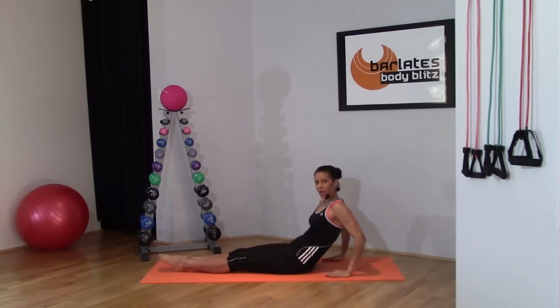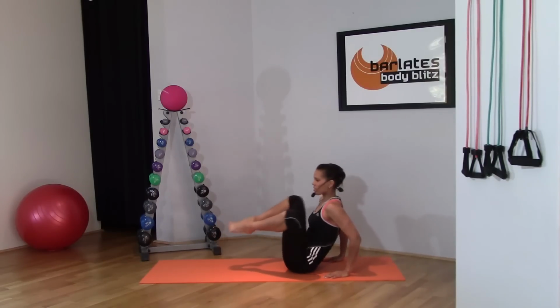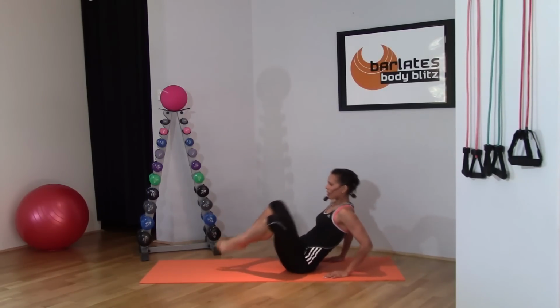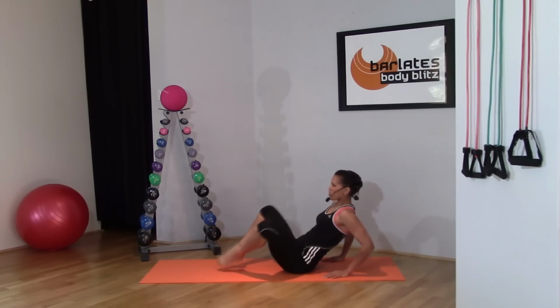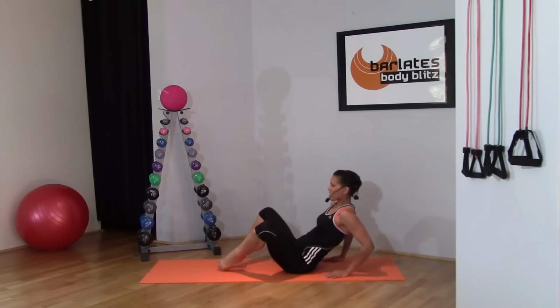Now bring your arms behind you, supporting your weight on your palms, and bring your legs in so that your toes are together and pointed and your knees are out to the side. Now what I want you to do is lift your knees towards your shoulders. So you can slightly use your arms to help you here, but you're squeezing your legs in towards those shoulders,